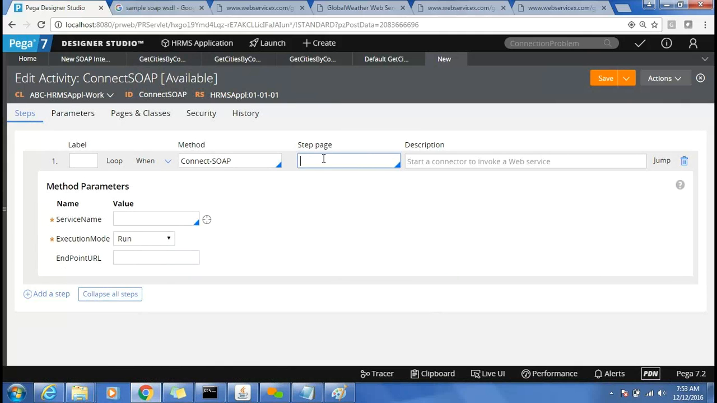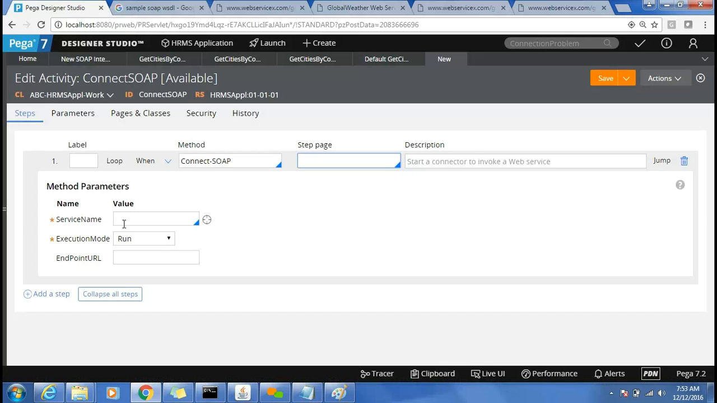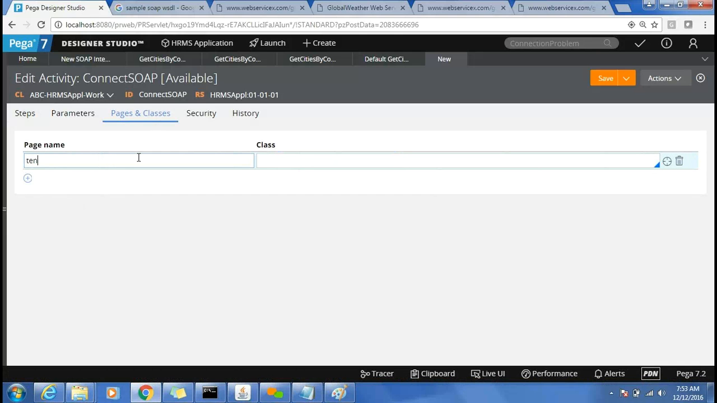So as of now, the step page is belonging to HRMS work. Based on this context only, you can see the services belonging to that. Now what we do is we create a temporary page, or we can say integration page, which should be belonging to ABC INT hyphen